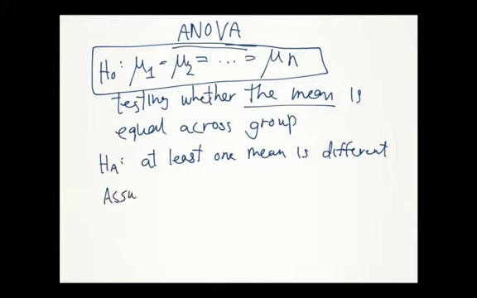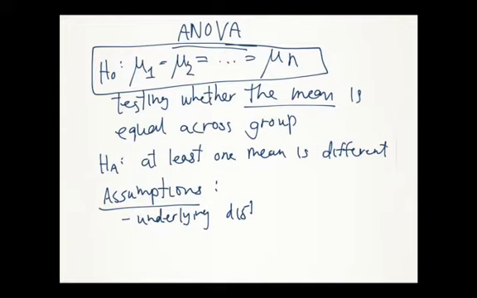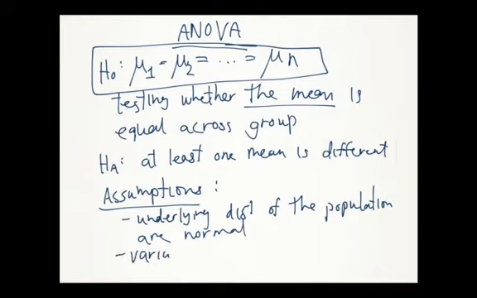So the assumptions for ANOVA are that the underlying distributions of the population are normal, and that the variance of each group